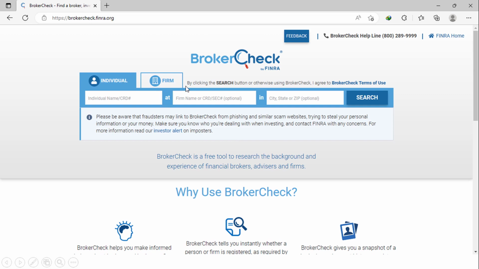If you are looking for a broker firm, you can click here on firm and then type the required information, and after that click on search, and then you will see that broker, whether it's regulated or not, or whether that broker is registered or available or not. So all the information will be given to you. Or if you are looking for any dealer or individual, click here on individual and give the required information of the individual so you can check. And also here is a BrokerCheck line as well. If you couldn't find it here, you can contact them directly